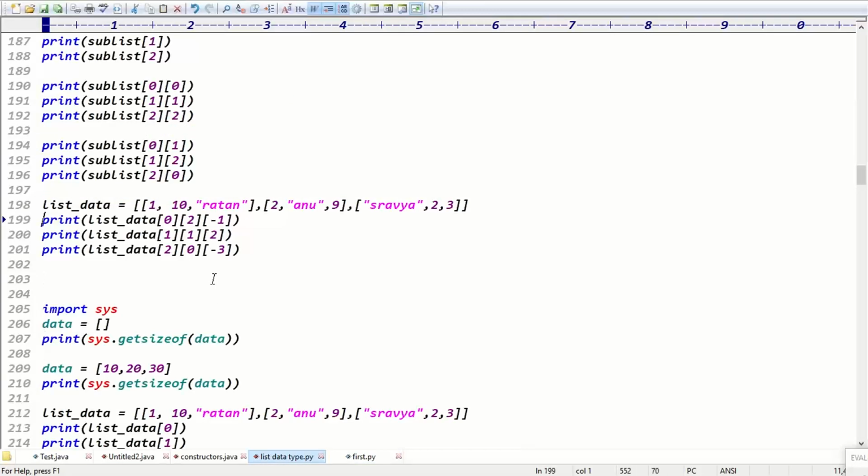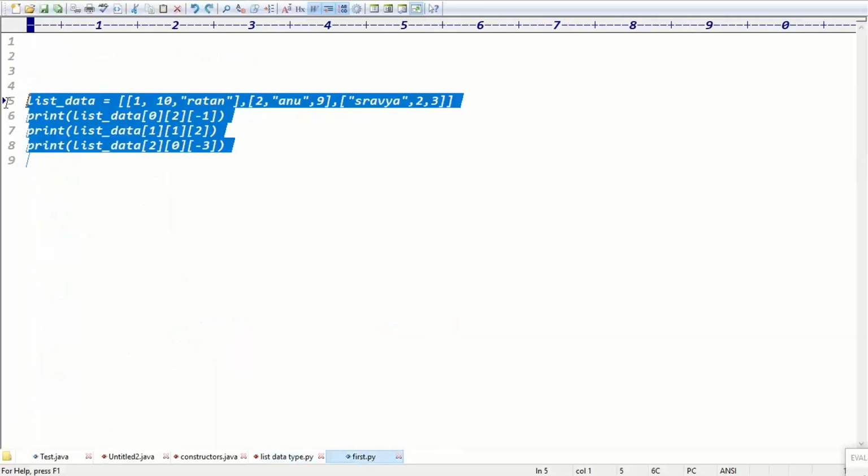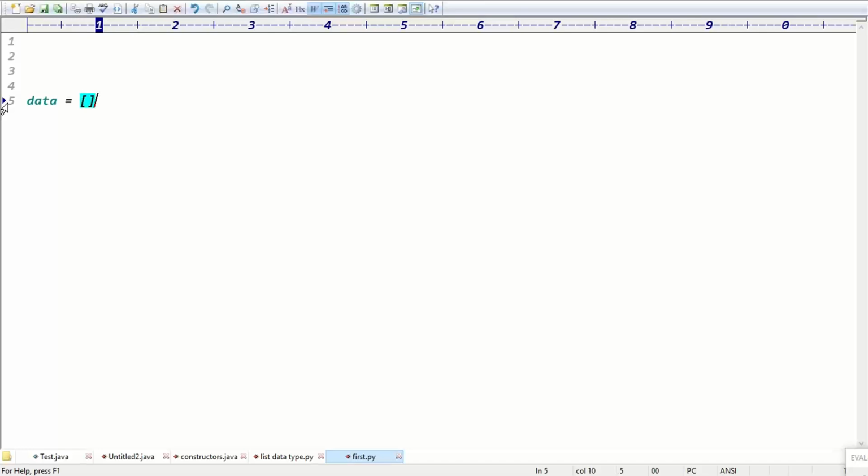Okay, good, guys. And for the sublist data, even I can apply the for loop. Try to understand this for loop also. Sublist data again: data equal to first sublist, second sublist, third sublist. Just take 10, 20, 30 and 100, 200, 300, because Python has multiple flexibilities, and I have to cover all the flexibilities here.